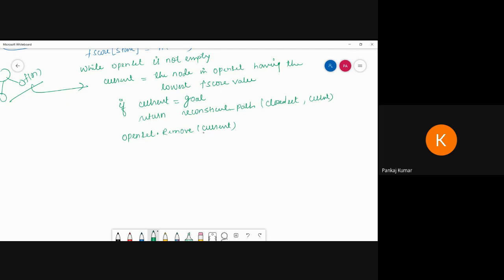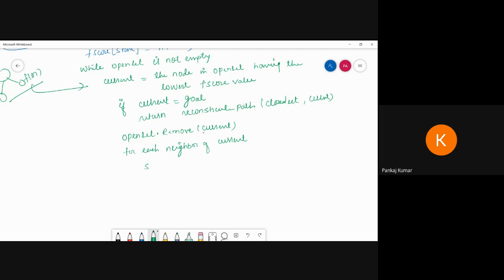So I am writing: for each neighbor of current, we have to calculate the score.